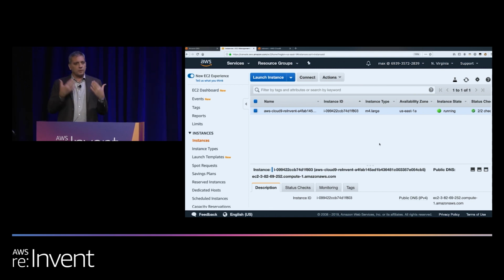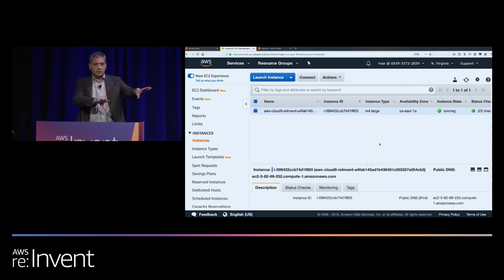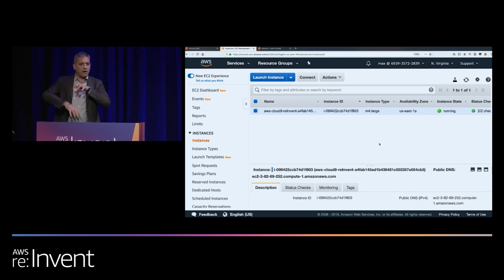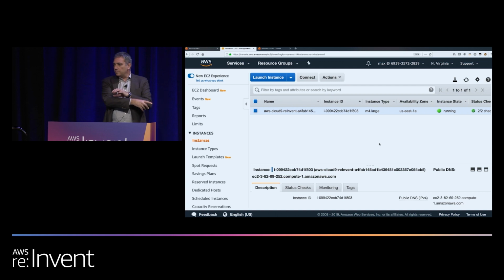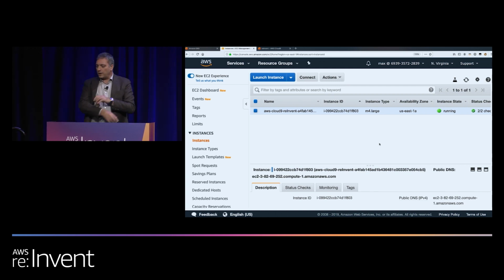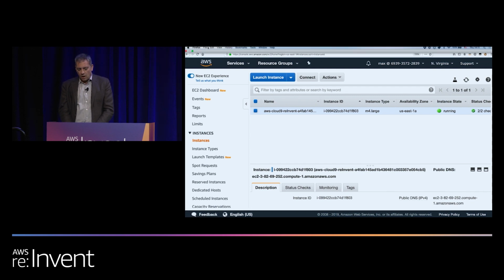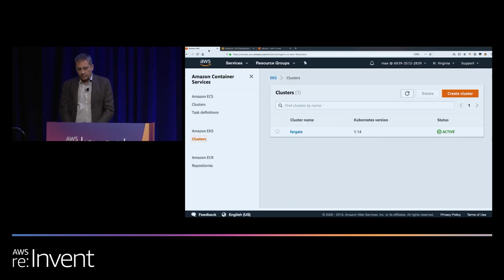Every time you start a pod, if that pod starts on Fargate, and we will get into why the other pod didn't start, we're going to source a VM on the fly. We're going to run that pod. If you shut down the pod, we will put that VM or micro VM back into the pool. So let's try to investigate why the other pod didn't come up.